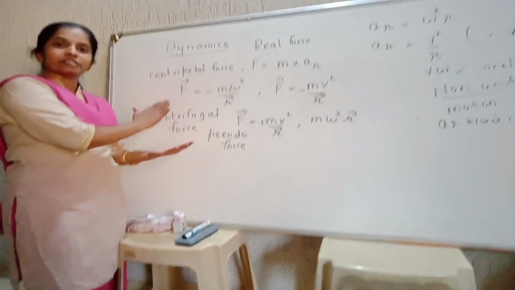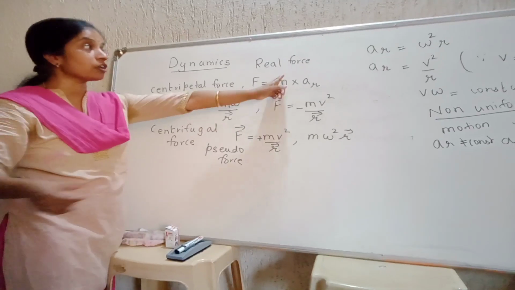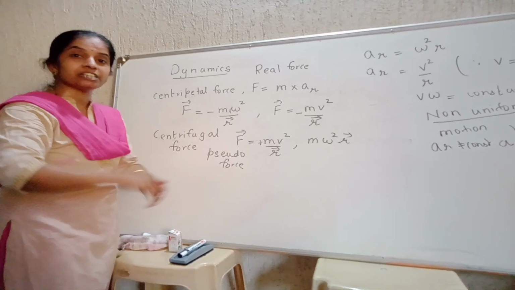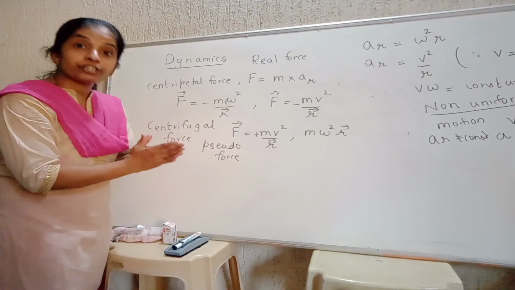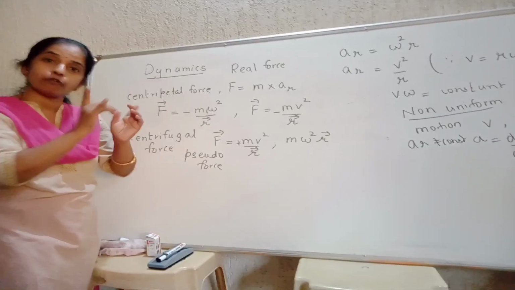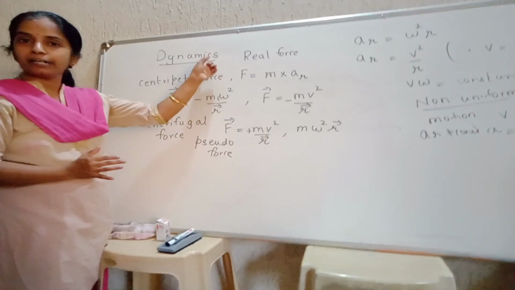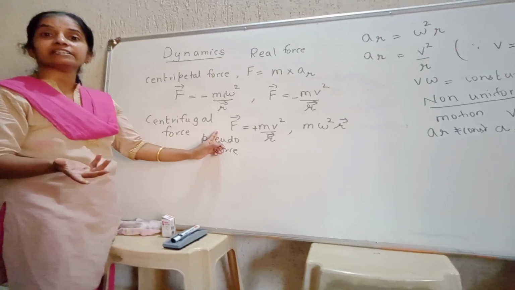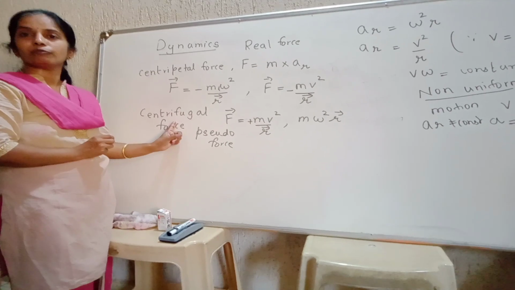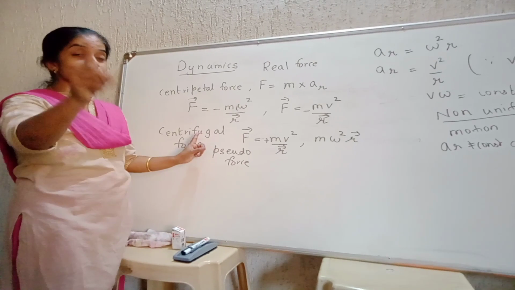You get pulled towards the opposite side. Centrifugal force. It's not following Newton's law. Which Newton's law? When the direction of the force and the motion are the same. When the vehicle is moving towards the left side, force should also act towards the left side. That is centripetal. But you find that when the vehicle takes a turn towards the left side, something pulls you towards the right side. That is centrifugal force. Centrifugal force does not obey Newton's law. Pseudo force which you experience.